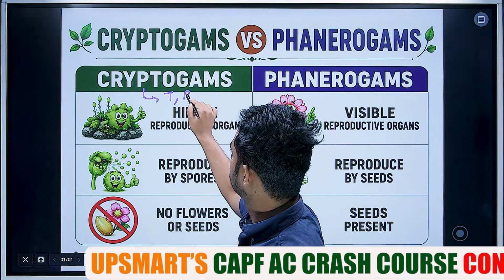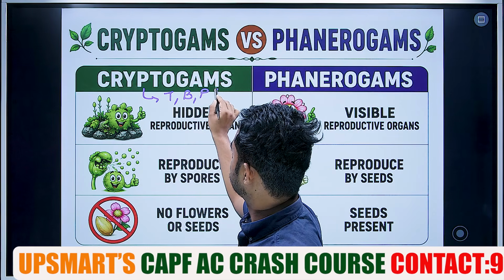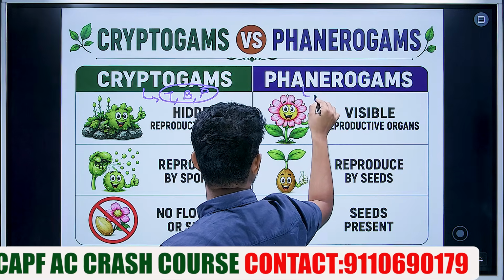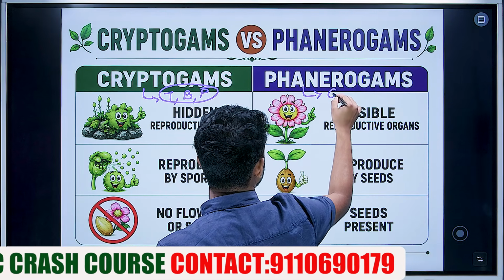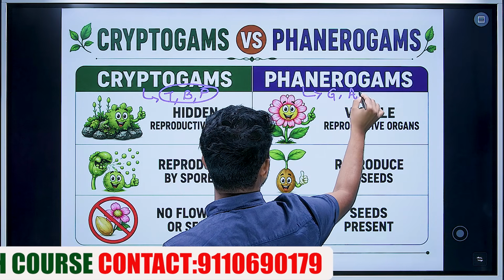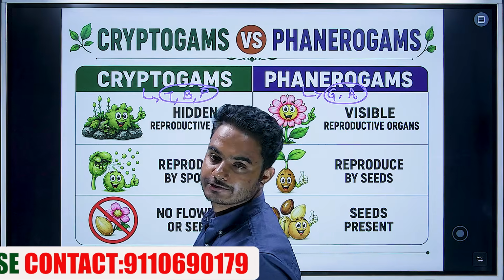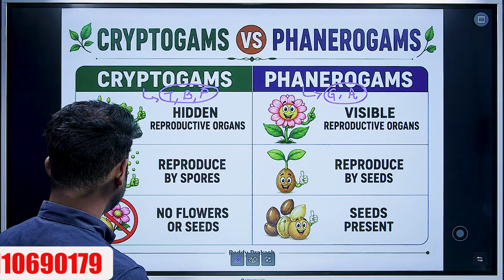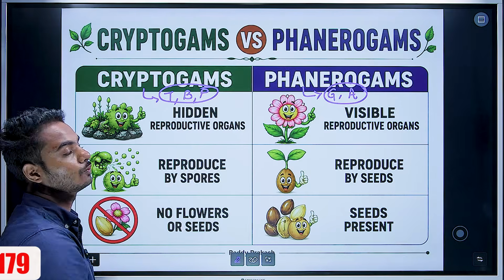Thallophyta, bryophyta, pteridophyta. Phanerogams are two types: gymnosperms, angiosperms. Fine, very fine, easy. Now the difference between two of them are